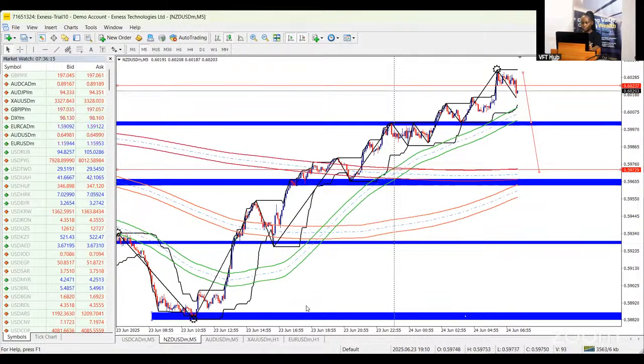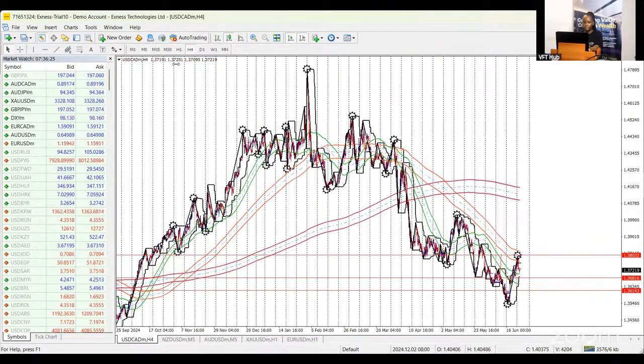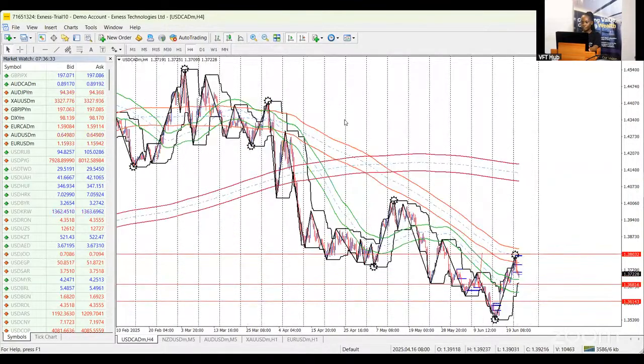All right, so let's now look at USD CAD. Now remember we stated that with the ceasefire being called, we're going to see oil dumping, which means CAD is going to also be dumping. We'll also have USD weak, right? So of course, it's very clear why we're seeing sell-offs of this asset class. On H4, you can see sunshine printed. It is starting to sell.